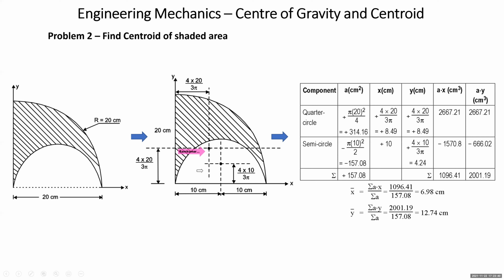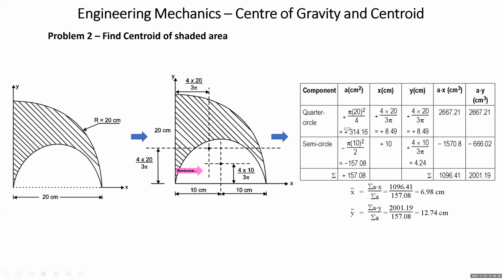Next, we come to the semicircle. Semicircle area has to be taken as negative, because initially we understood it. See, when we do summation, summation is what? Algebraic sum. Algebraic sum means what? If you have taken the quarter circle as the bigger area and you have to subtract the semicircle, then in the tabular working, whatever area you were subtracting should be taken as negative. If you have taken the quarter circle full area as positive, then the semicircle area has to be taken as negative. So we have taken it negative, so that when you do the algebraic sum of these two areas, you will be getting the shaded area.